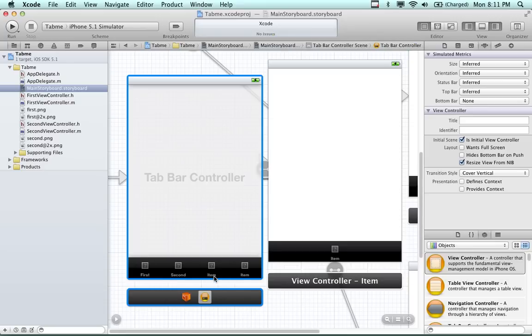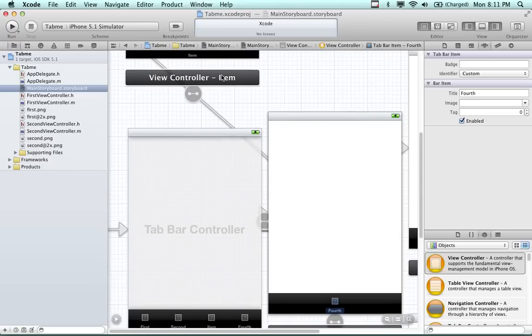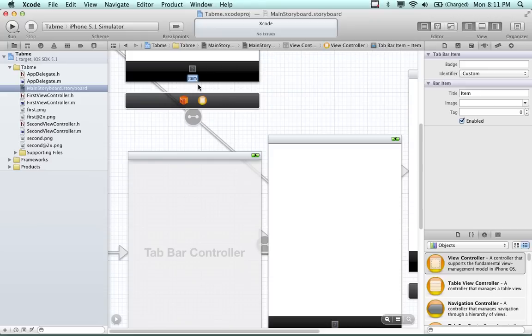And then I can click on this guy here. Or actually, let me click on this guy here and call this one fourth. And it changes to fourth over here. And then what's this one, third? So now when I run it, well, there's nothing on the views, but